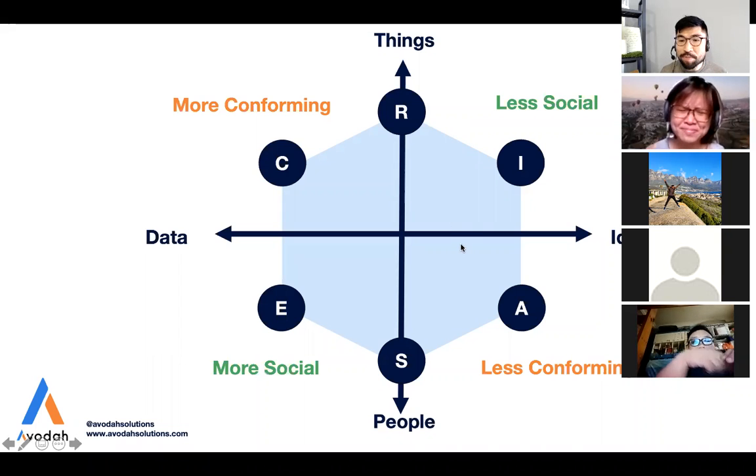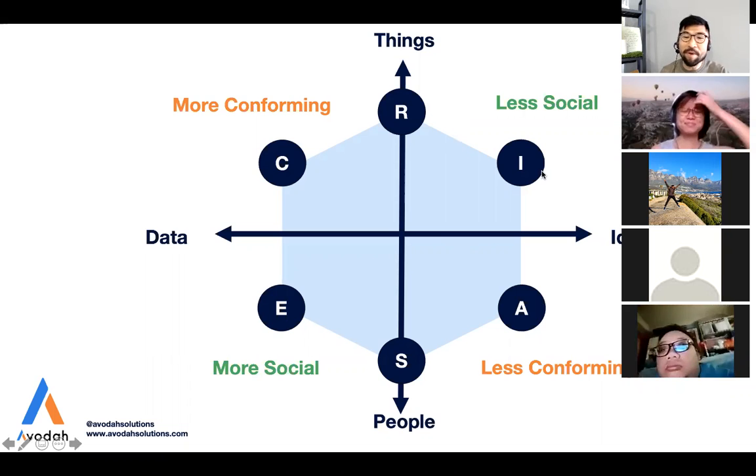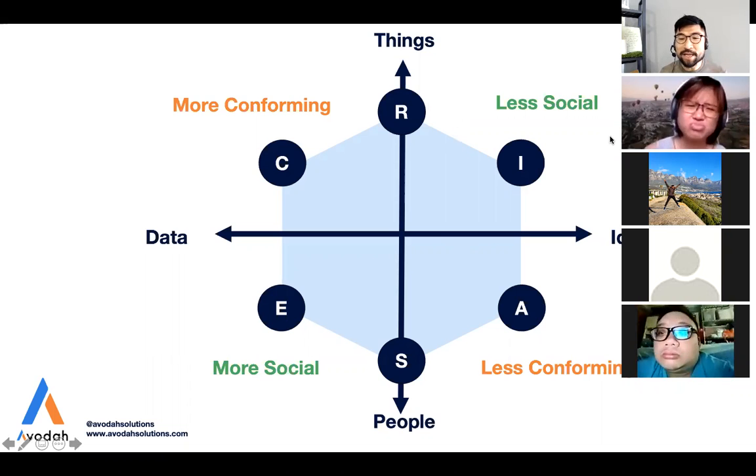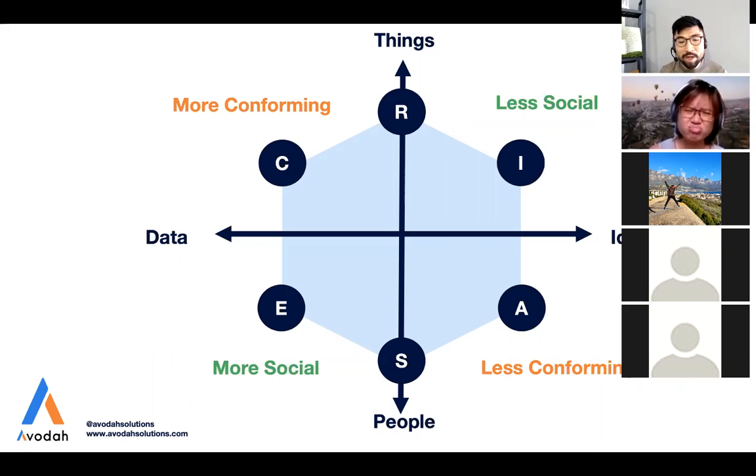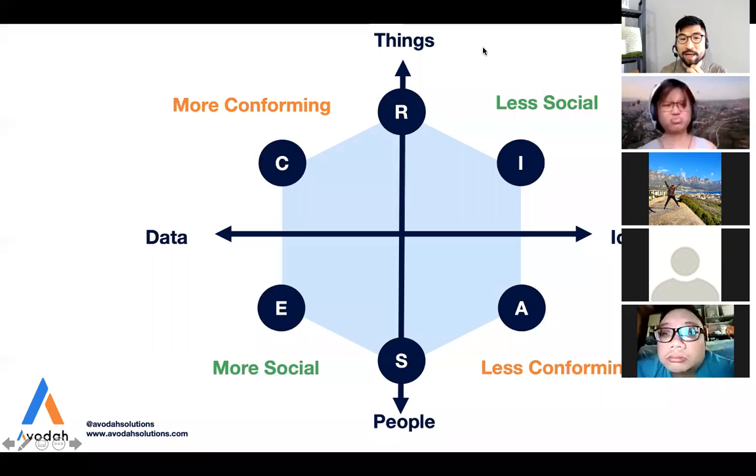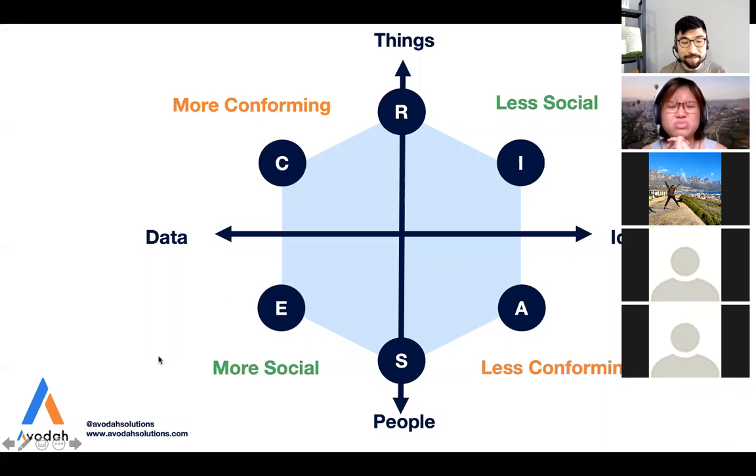The other two dimensions also mean something. For R and I, remember, you're more focused on things, and that's the reason why people with R and I tend to be a bit less social. They prefer to be working on items, on machines rather than with people. Whereas E and S tend to be more people-oriented. E specifically, you are enterprising, leading people towards goals and direction. Definitely, you have to be more social. So knowing these dimensions adds another flavor to understanding your RIASEC code. It's not just about the codes that you have, but also understanding how the codes map back to the hexagon shape and what it means.